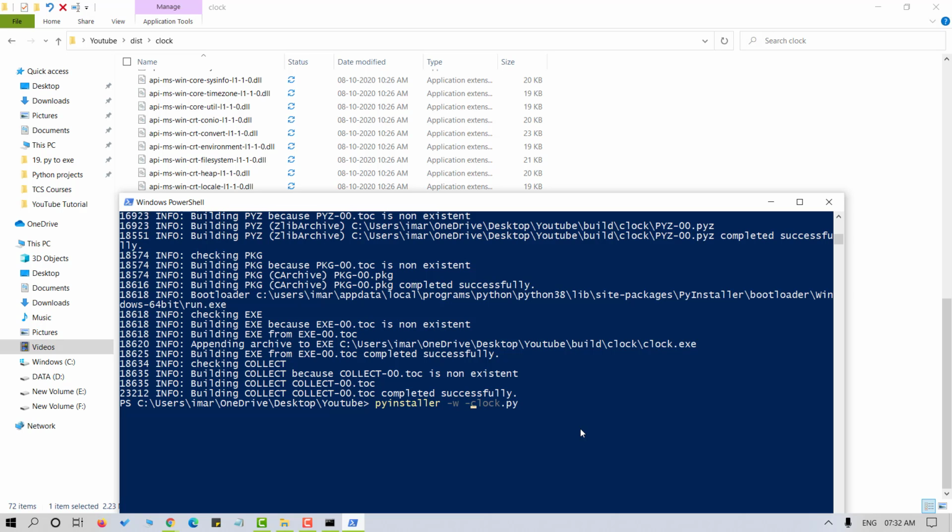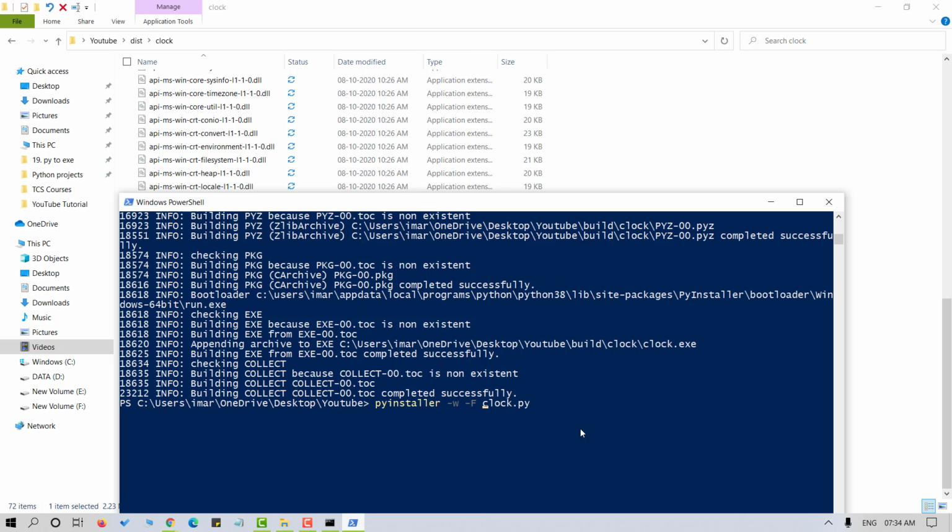Next, -F, capital F. When we convert a .py file to an .exe file, it's going to come with a lot of dependencies. The dependency files will be created along with the .exe file inside the dist folder. That's the main folder we require. This flag will basically give you the power to bind all the dependencies into a single file. This will actually come in handy if you wish to share your application with someone. You will want to give them a single file rather than sharing a folder containing the exe along with a bunch of dependencies, right?